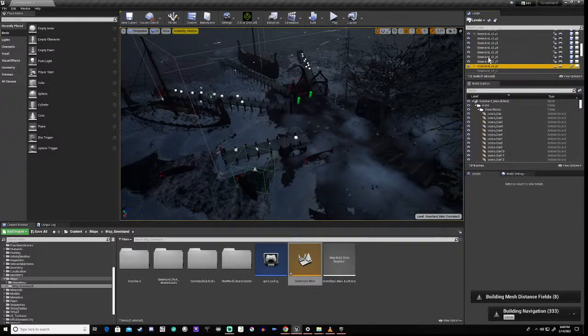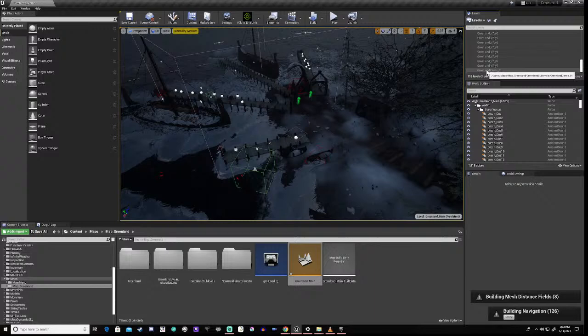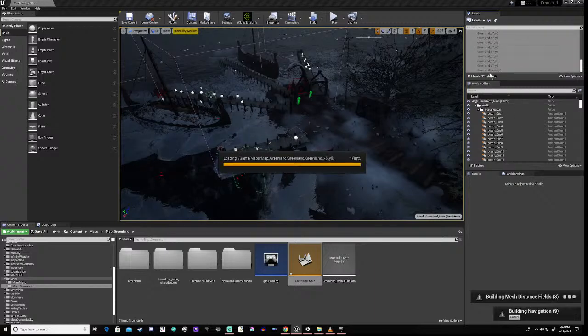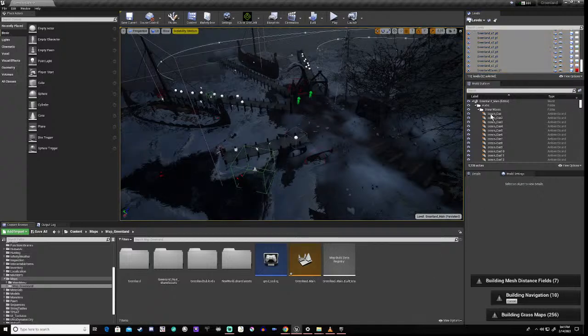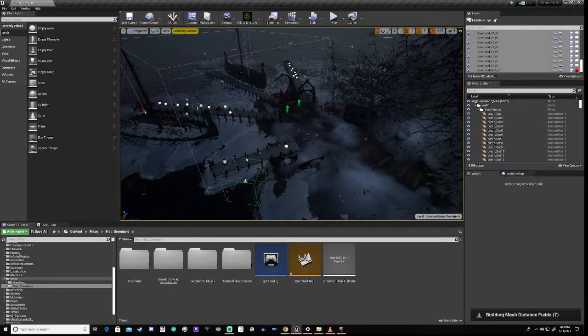And now load again. So that's the last one, I think. Right? Apparently, we have loaded in the whole map.